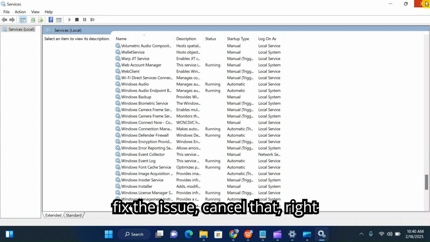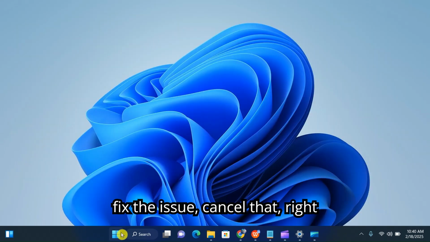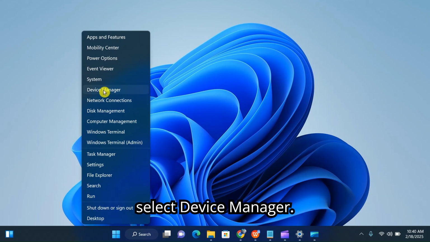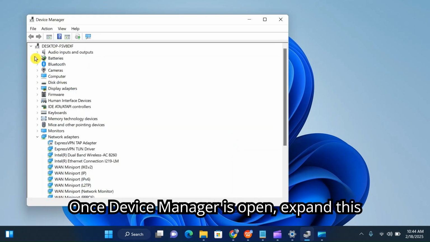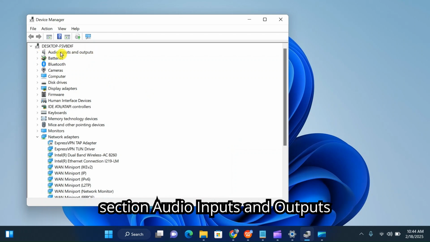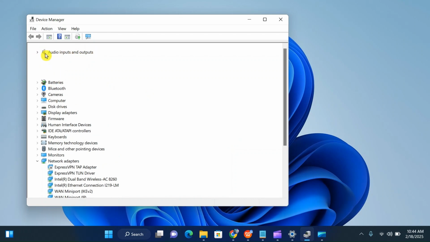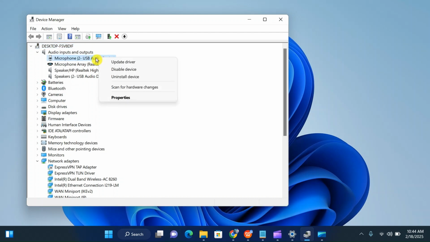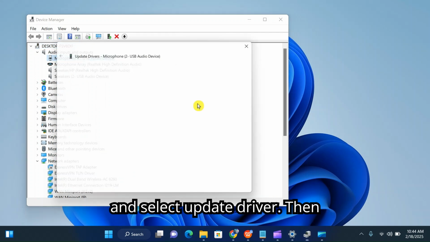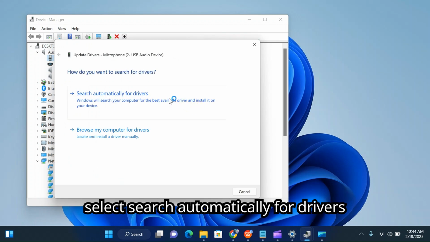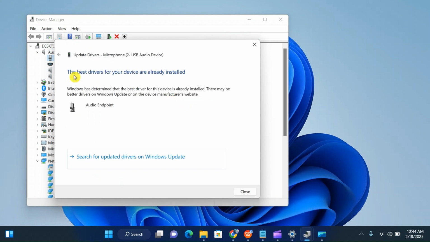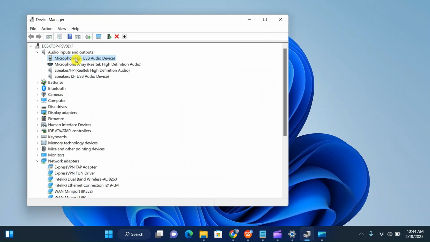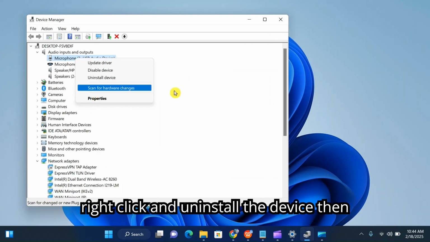If that still doesn't fix the issue, cancel that, right-click on the Windows icon here, and select Device Manager. Once Device Manager is open, expand this section, Audio Inputs and Outputs, and right-click on your microphone and select Update Driver. Then select Search automatically for drivers. And if it shows you that the best driver for your device is already installed, right-click and uninstall the device,